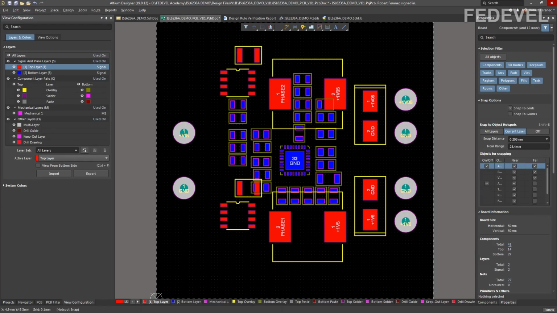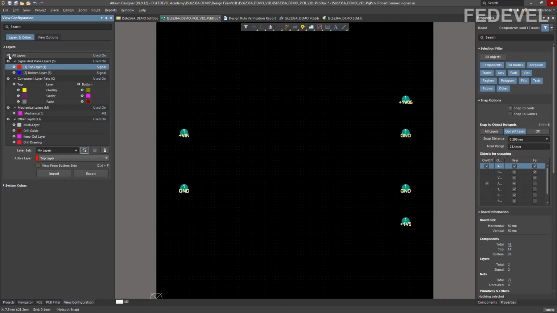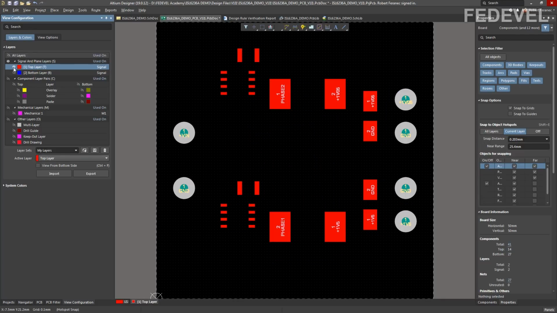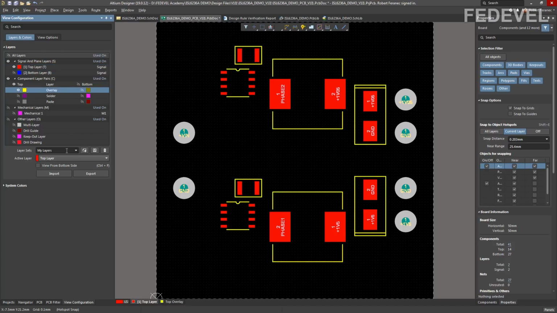To create our top view or top layer set, left click on this button. This will add a new layer set. Now disable all the layers and enable top layer and the top overlay. Left click here, call it top, and save.